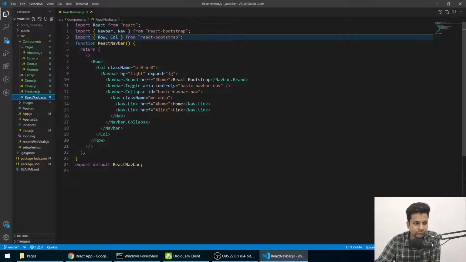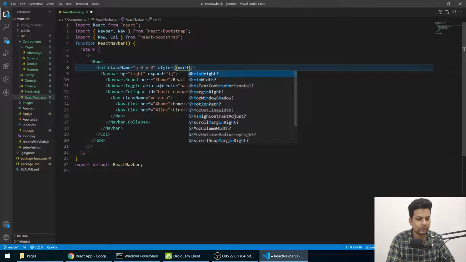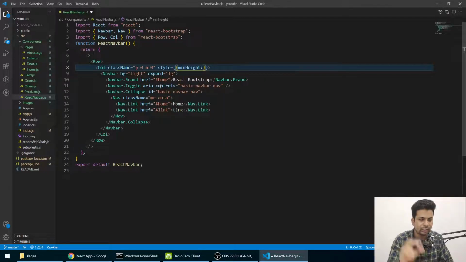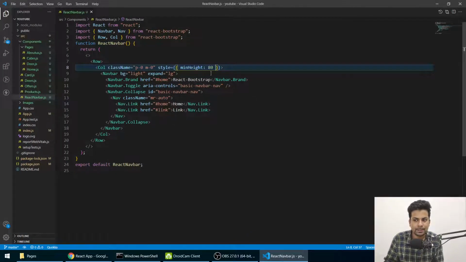And you guys, now here I am just using some style. So I say style equals to minimum height, because I want a little bit thick bar. So if I see it got a little bit more height, so it's got 80.